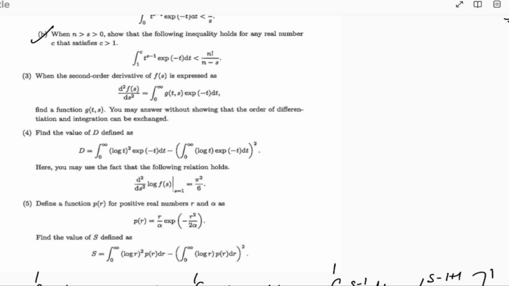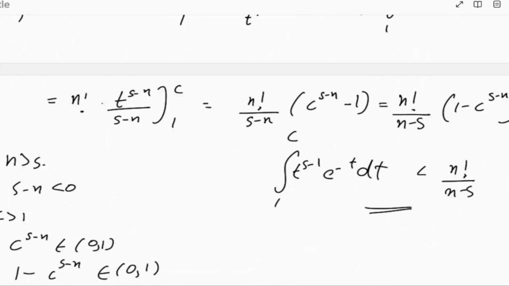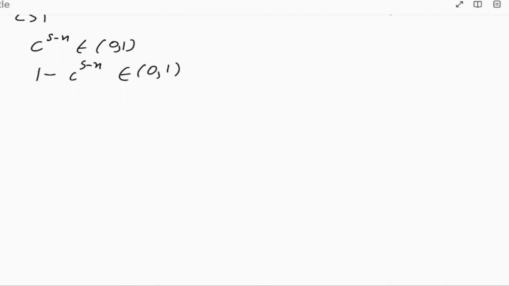In the third part, they're saying when the second derivative of f(s) is expressed as d2f over ds squared, some function of g in t and s, e minus t dt, find a function g which satisfies this. You may show your answer without showing that the order of differentiation and integration can be changed. Alright, so f(s) is 0 to infinity